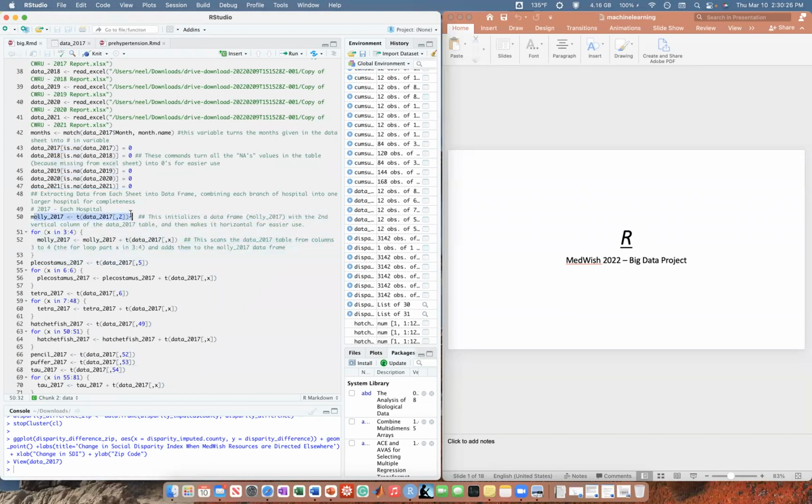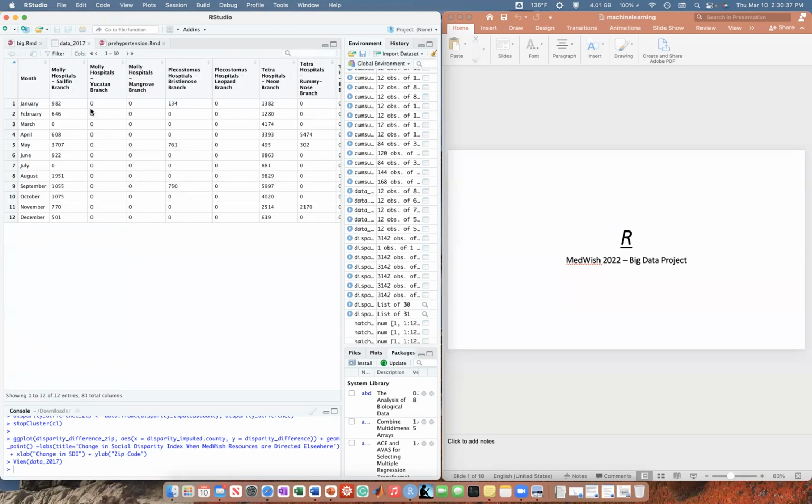This piece of code just says, hey, take the first column and make it vertical, or sorry, horizontal. And then this just says parse that spreadsheet to get the next two columns and add them to a little data frame, or you can think of it like a little mini spreadsheet called Molly Hospitals. What it does is add up all these values, basically up until this column.